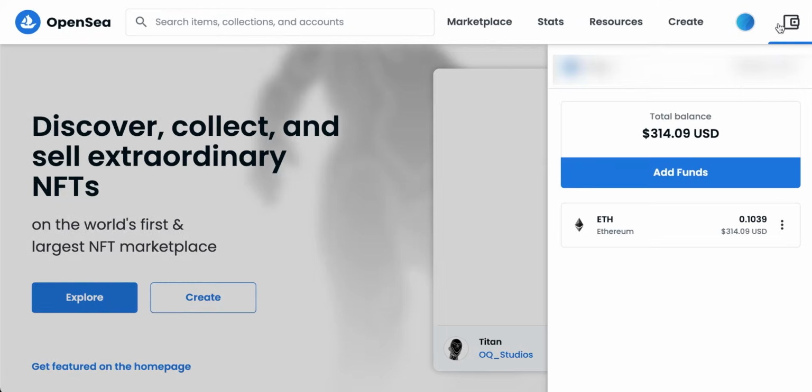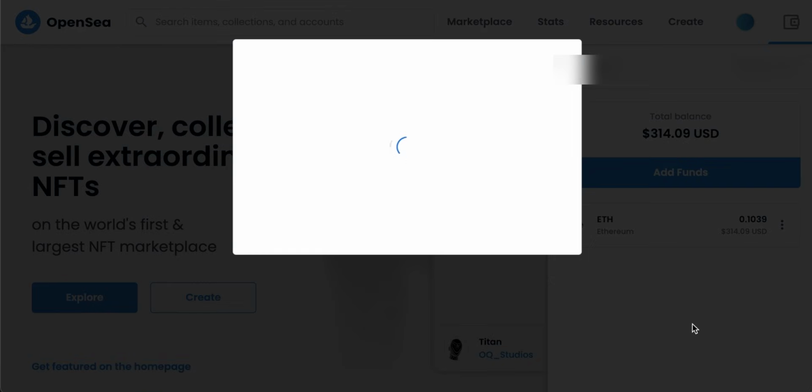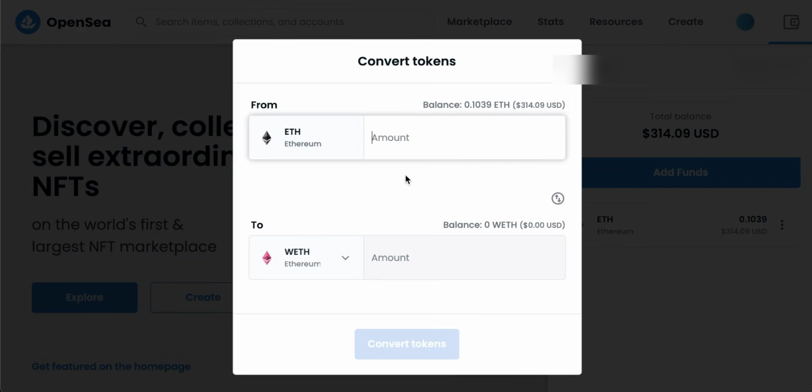Getting wrapped ETH is also very easy and can be done directly in OpenSea. Just go to the wallet icon in the upper right hand corner of your OpenSea dashboard, click the 3 dots beside your ETH balance, then choose wrap. Put how much ETH you'd like to convert into wrapped ETH, then click convert tokens. Your wallet will ask you to sign the transaction,